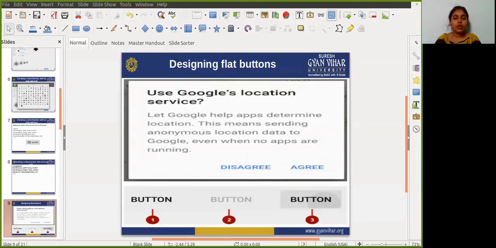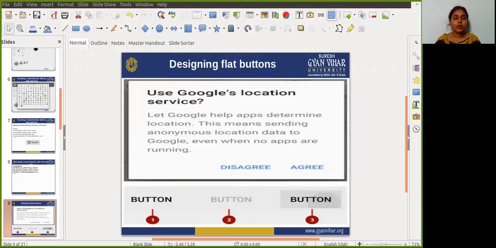A flat button shows an ink shade around it when it is pressed. In the above figure, it shows three states: first, the normal state; second, the disabled state; and third, the pressed state.